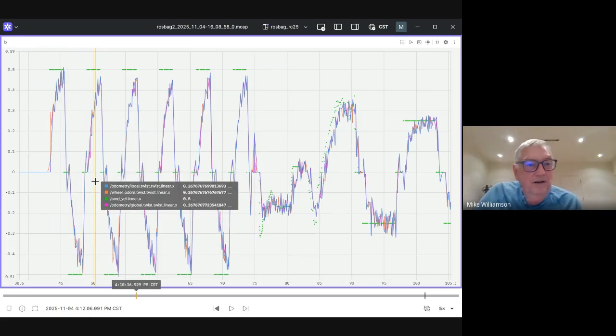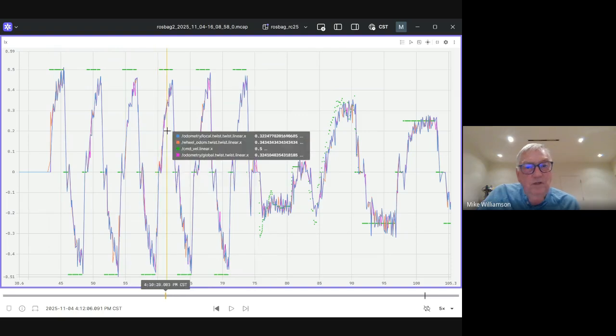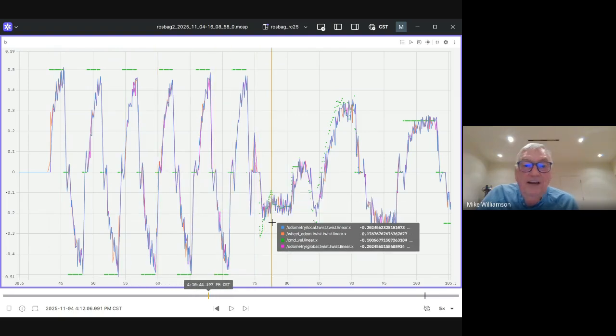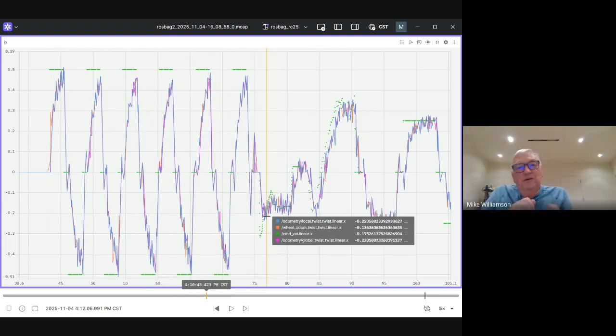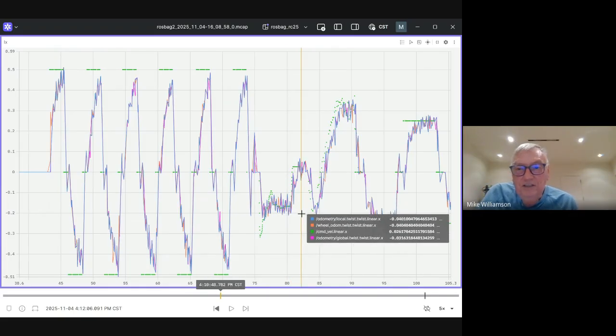So you can see that it's going forwards, backwards, forwards, backwards, forwards, backwards, and then it says, okay, I've done it. I do a little bit of manual adjustment to get it right back to the origin again. So manual control with the game controller. And then I hit the button that says, okay, start the navigation,